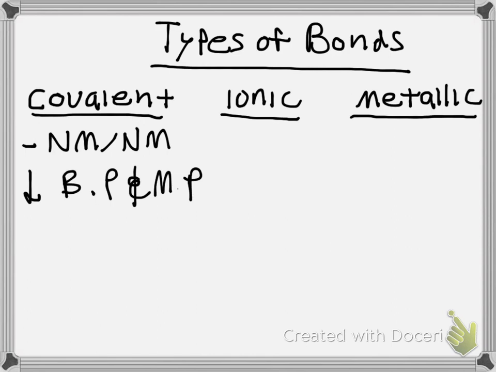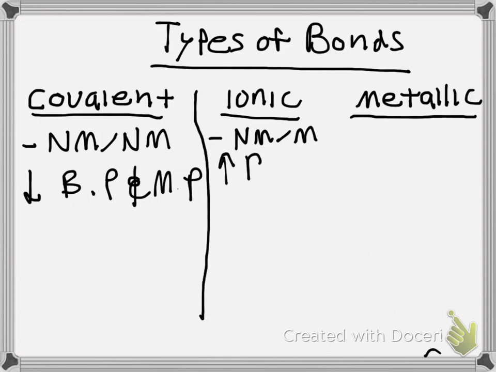When it comes to ionic bonds, a simplistic manner of thinking of this would just be a nonmetal that's bonded to a metal, and this is not a sharing of electrons. This is actually where an atom gives up a pair of electrons, but that's beside the point. We're looking at trends in these types of bonds. So what you need to know about these bonds is that they have a very high boiling point, melting point,